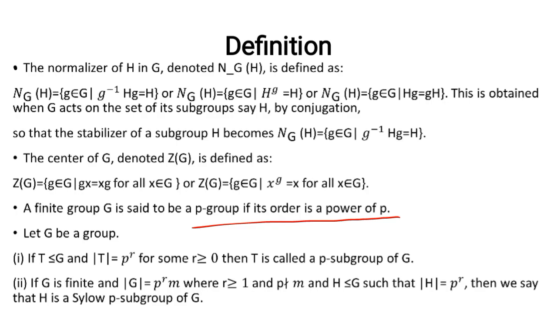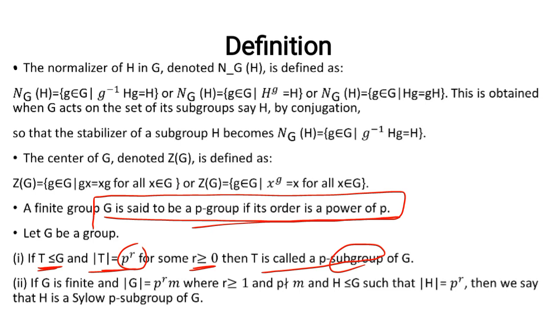Now, the next definition says, let G be a group. If T is a subgroup of G and the order of T is a prime power, P raised to power R, where R is greater than 0, then T is called a P subgroup. So it's similar to the P group, but now this is a P subgroup. It's basically saying the same thing as the condition we had for a group G, but now we have a subgroup satisfying that. And so if the subgroup satisfies it, we call it a P subgroup. For instance,